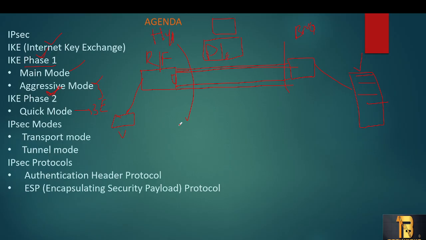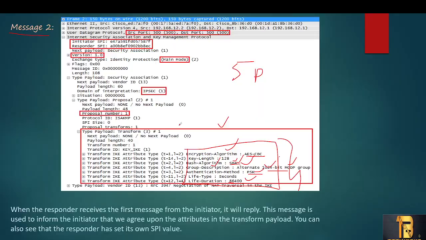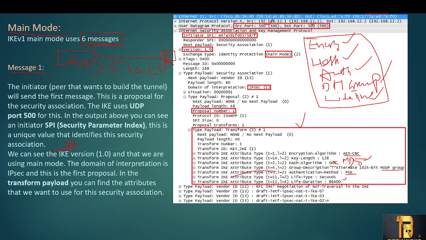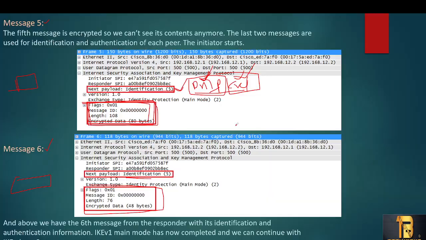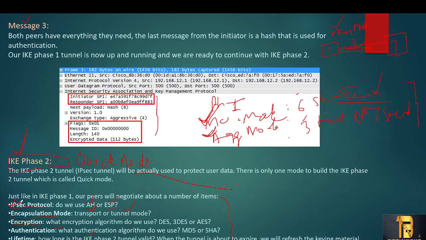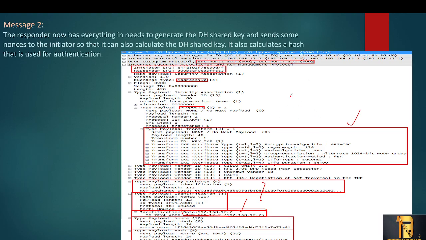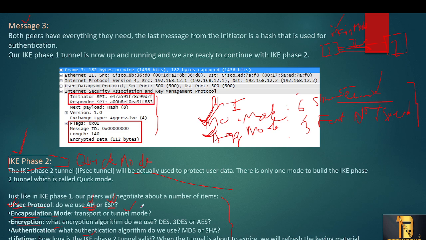So here I forgot to tell you one thing: how these parameters are matching in phase 1, in phase 2 also all the parameters should match. So if you are using ESP on one side, you have to use ESP on the other side. If you are using AH on one side, you have to use AH on the other side as well. Just like how if any parameter is mismatched, the phase 1 tunnel will not form, in the same way, if any of the parameters are mismatched in phase 2 also, phase 2 will